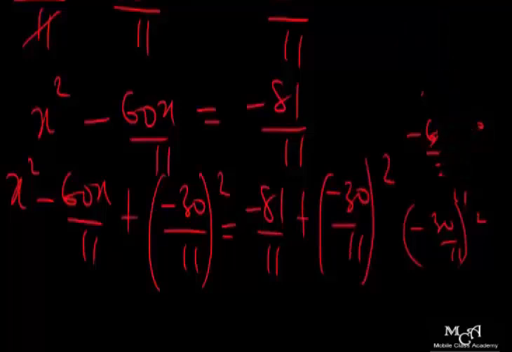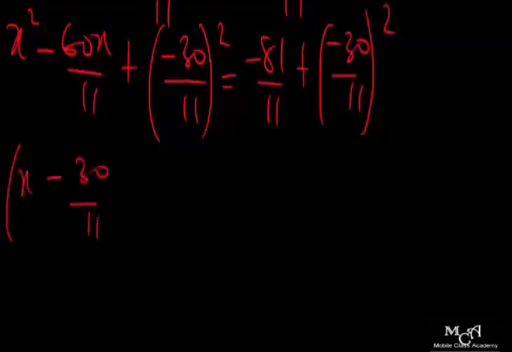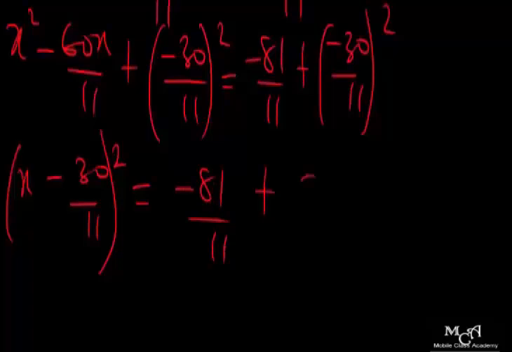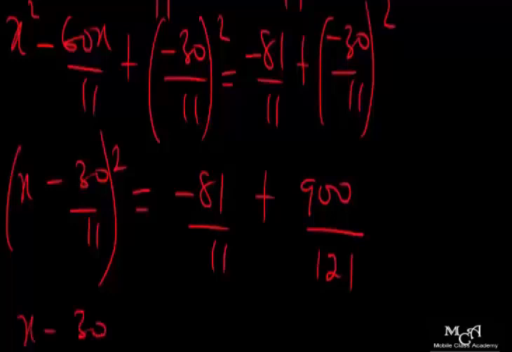So if I clean up this part, let's move on from where we stopped. In this case, these two are carrying squares, so I can just put them as x minus 30 over 11 all squared, which is equal to what? Minus 81 over 11 plus minus 30 squared is what? 900. 11 squared is what? 121. So I now have x minus 30 over 11 all squared equal to, here I'm going to look for